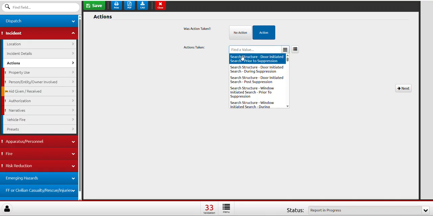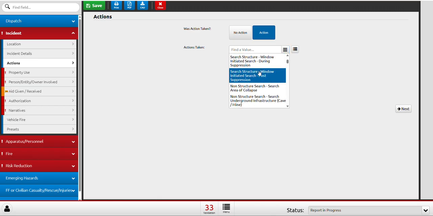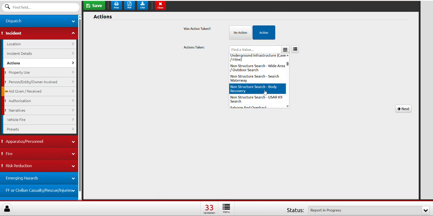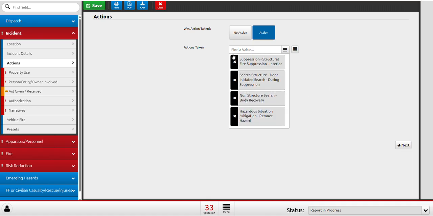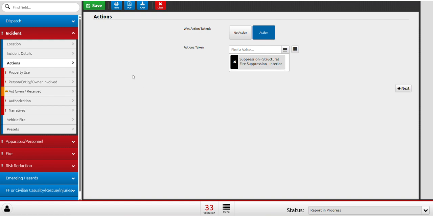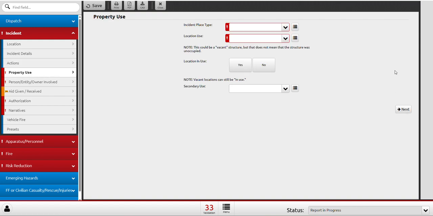We could do a whole host of things. We could do that we searched, we initiated a body recovery. It could be all sorts of stuff. You can put as many of these things in here as long as you at least have one in there, is what we need. Our property use is just where we're indicating things as we've done before with our incident